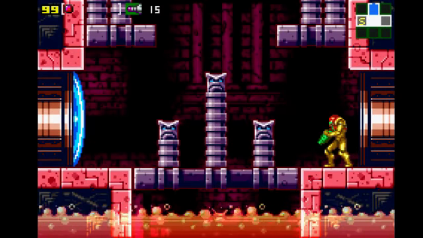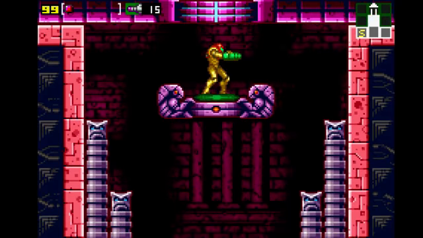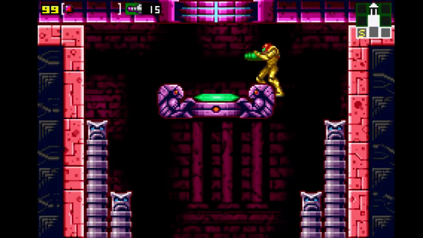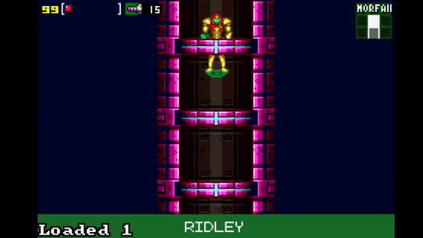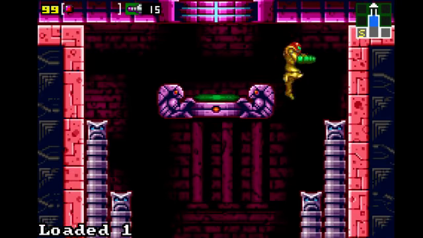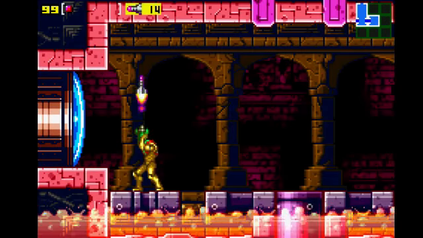The fastest way down here is to do what I just did, which is walk off this edge, turn around, spin, and then turn around here. Nothing too complicated. Let's go in here. This room has a couple of options. We want to go up here,